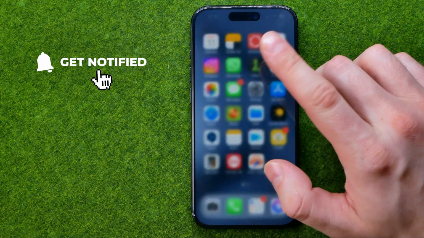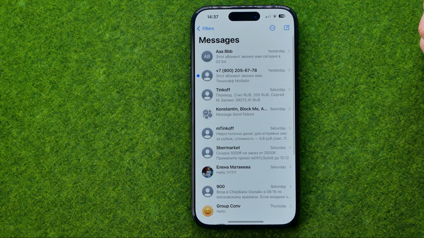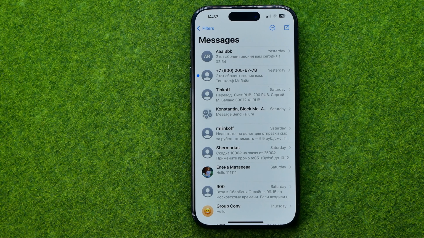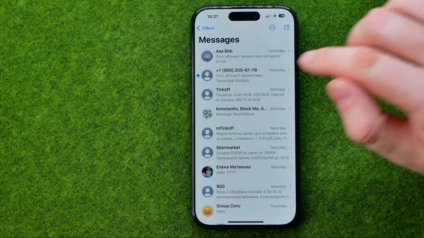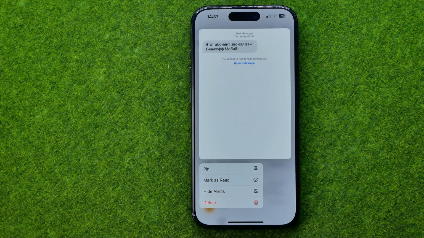Let's get started, and first off, open up the Messages application. As you can see, I've got one unread conversation here, and basically, guys, all we have to do to read messages in that conversation without them knowing is just long press on that conversation and it will come up with